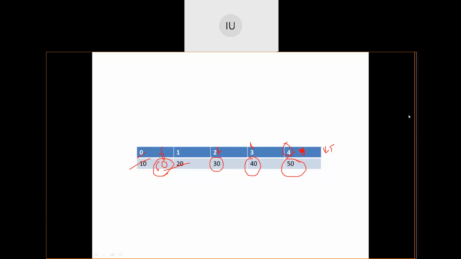Now, I am just including the for loop. Let me write for I equal to front. Sorry, let me just copy and paste that.